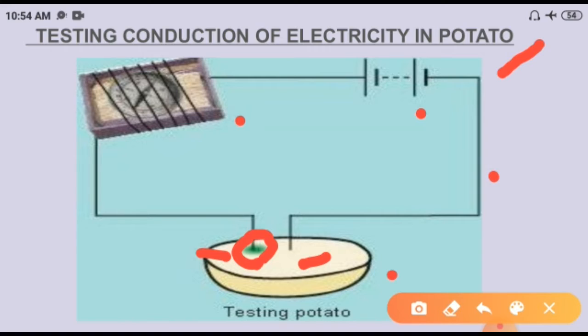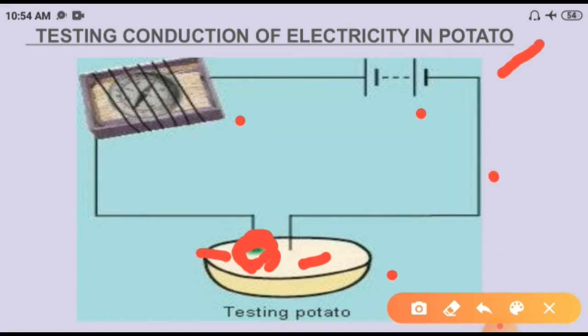Here we have to remember whether the potato conducts electricity or not. He found that the current produced a chemical effect in the potato. To him this was very exciting. In fact, this is how science sometimes works. So here, at the positive terminal, the blue or green spot appears in the potato, as the current is passing through that potato. After 1 hour the blue spot is seen at which terminal?